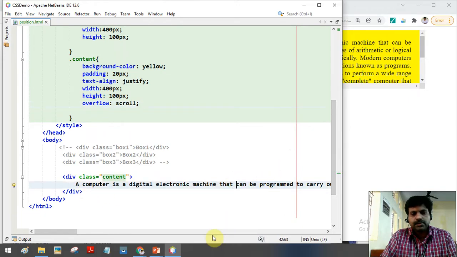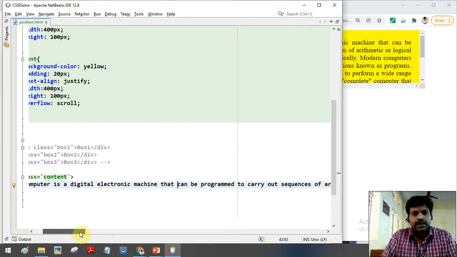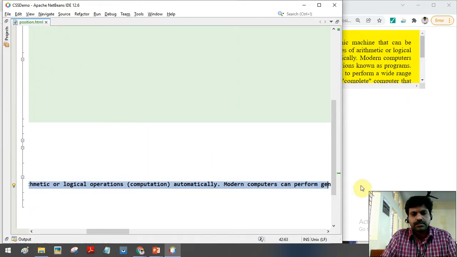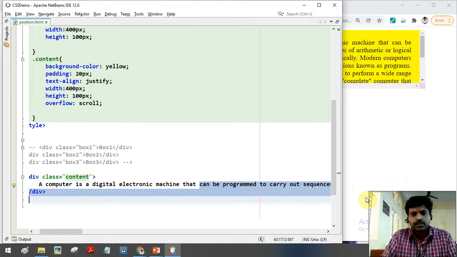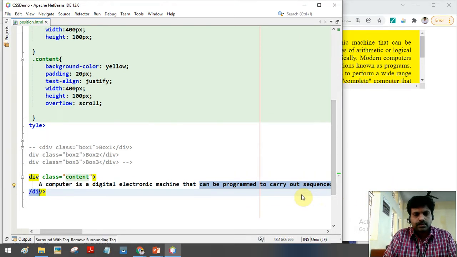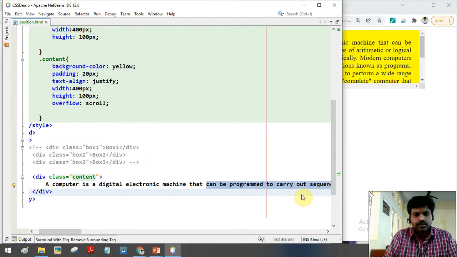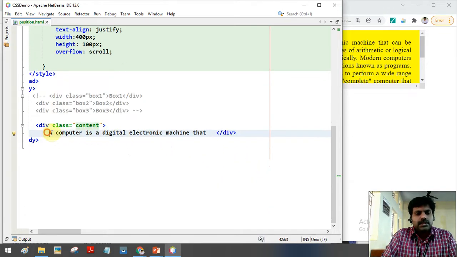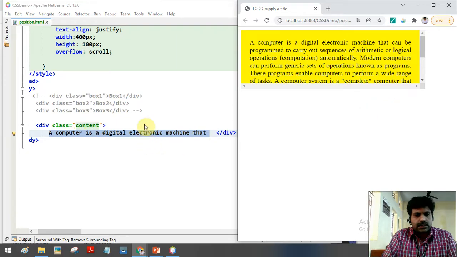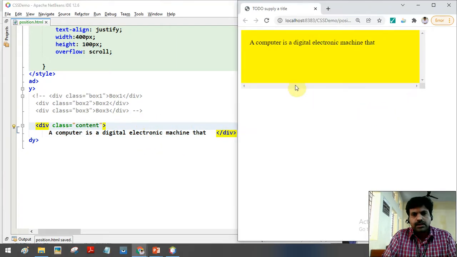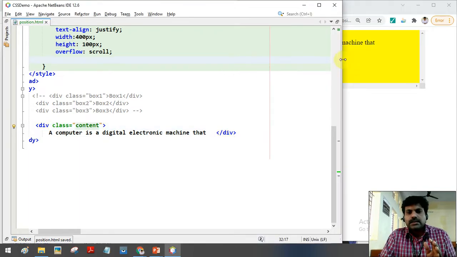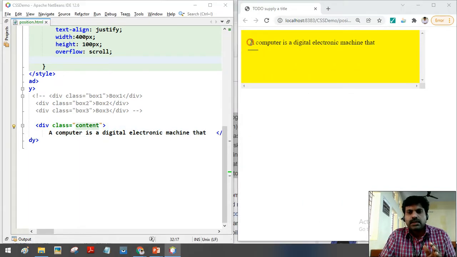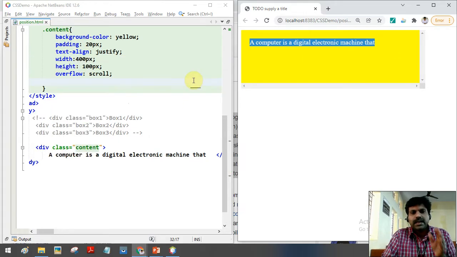So if you want to restrict that, for example, assume that in this paragraph I will remove some content. I am going to keep only this much. Now see what will happen. Now you can clearly understand. Here I have only one line of text, and even though I have only one line of text, the scroll bar is added. Here I have a scroll bar, here I have a scroll bar,